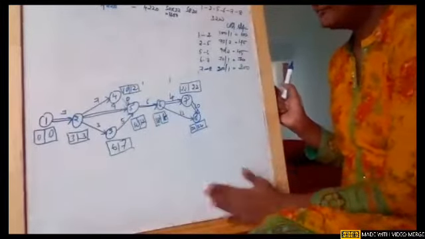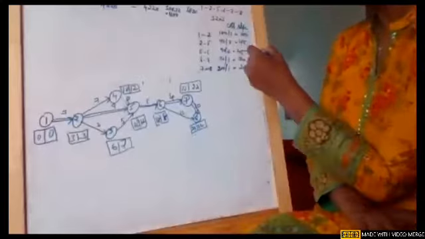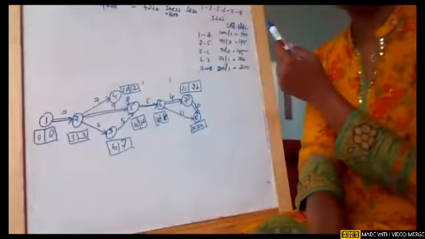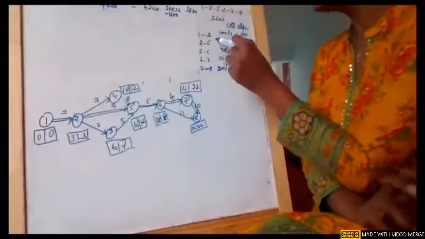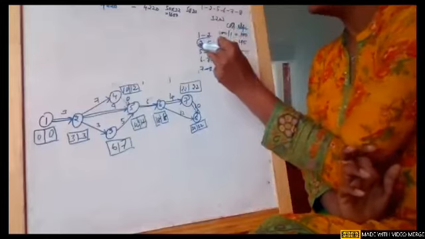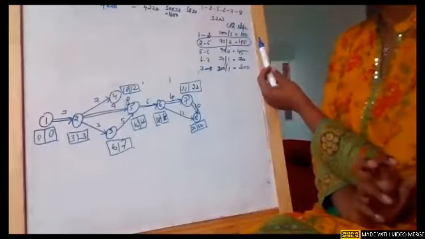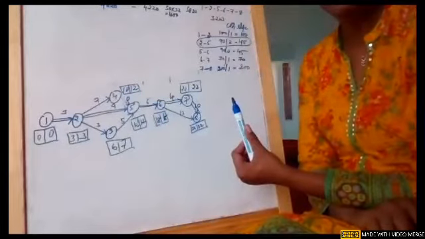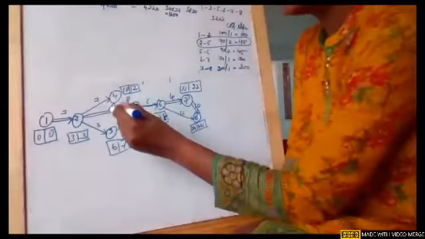Now you can see, what are we supposed to do? We need to pick the lowest cost slope, the cost slope we calculated yesterday. We need to pick the lowest cost slope and start crashing that particular activity. Now I just picked this particular activity with the lowest cost, the 45. For two activities, we have cost slope as 45. So I just picked the first one. We'll start crashing 2 to 5 activity.